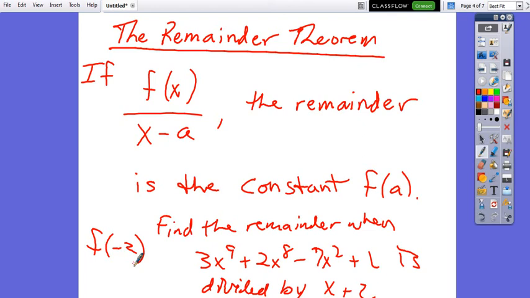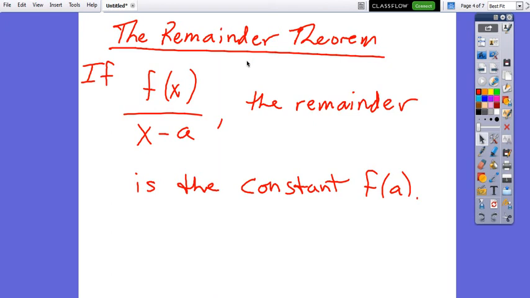There will be problems that just simply say find the remainder. All right? You don't have to do all the work. You just take whatever the opposite of that divisor is, whatever makes that divisor equal to 0, plug it in, and you have found the remainder. Okay? That's the importance of the remainder theorem. Now, this isn't all of the remainder theorem. There's a little bit more to it. I'm not going to have us write it down, but I am going to have you look at it. If you look at it in the book,